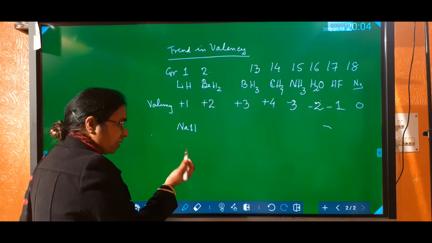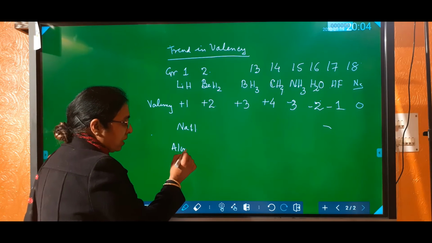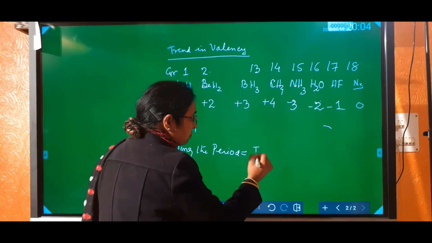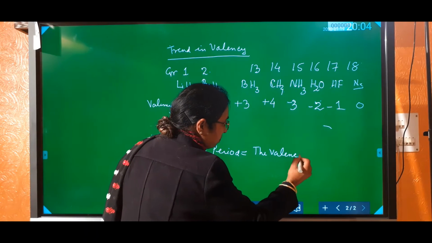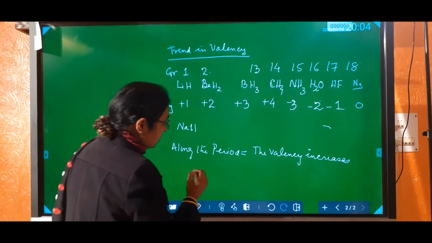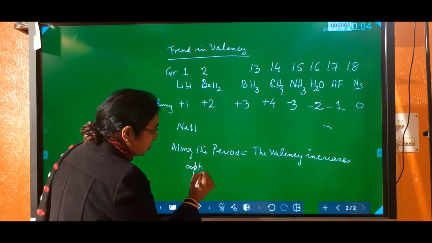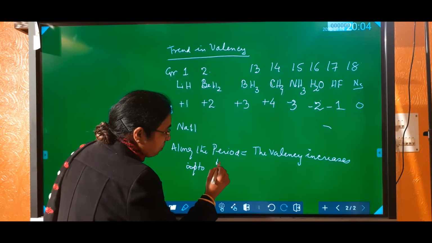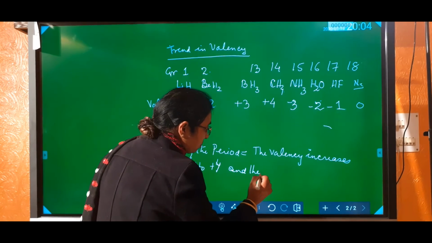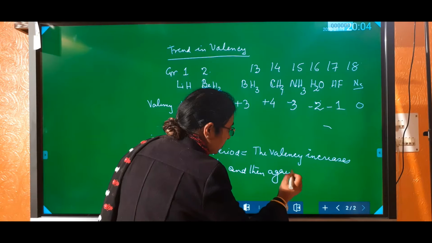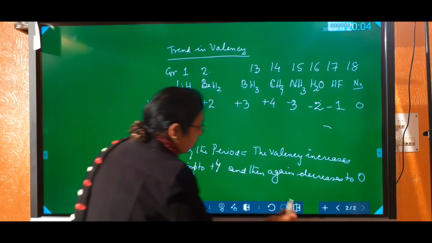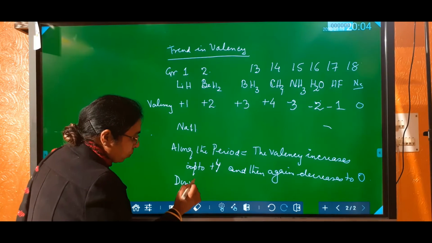So we can write in a nutshell that along the period the valency increases up to +4 and then again decreases to 0. Alright, and down the group